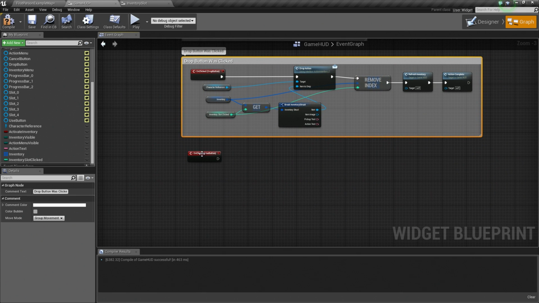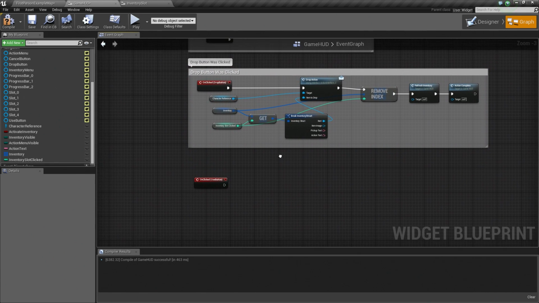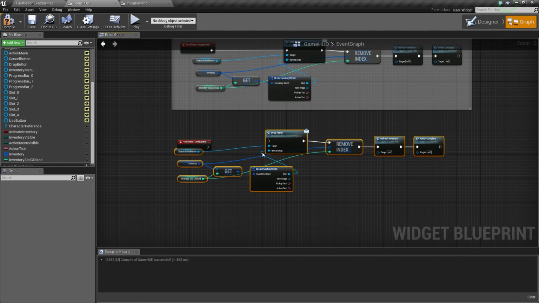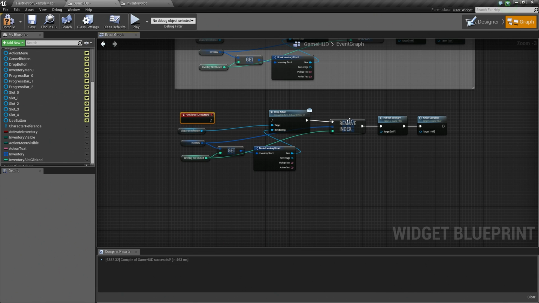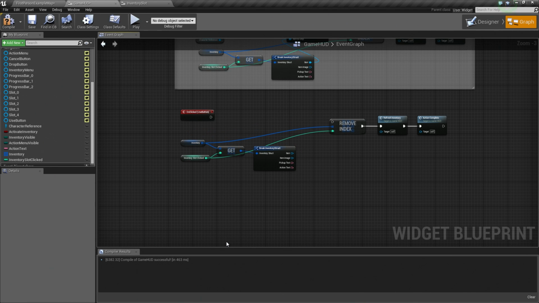The last thing that we will do before we wrap this video up is do the use functionality. So let's go ahead and do that. First of all, let's do a selection box and select all of this except for our on-clicked event there. And hit Control-C, then Control-V to paste it. Because we're going to use a lot of this functionality. We aren't going to use the drop action, so I'm going to kill that drop action. And we're also not going to need reference to the player character, so we can kill that as well. But everything else is going to remain the same.